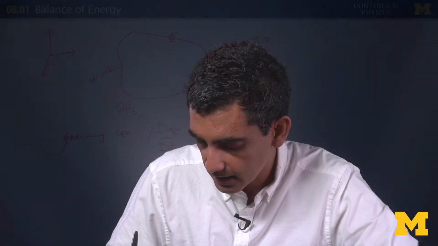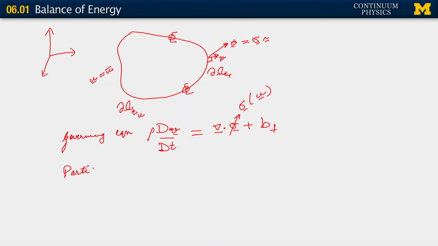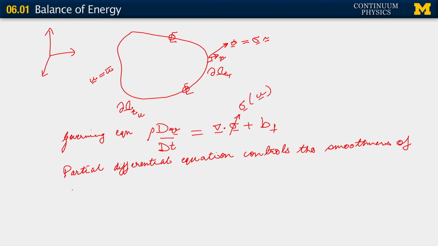So what this amounts to is that the partial differential equation controls the smoothness of the displacement field u, as a function of space, of position, and time. And so even in the case of this apparent discontinuity in the specification of the boundary conditions, the solutions themselves